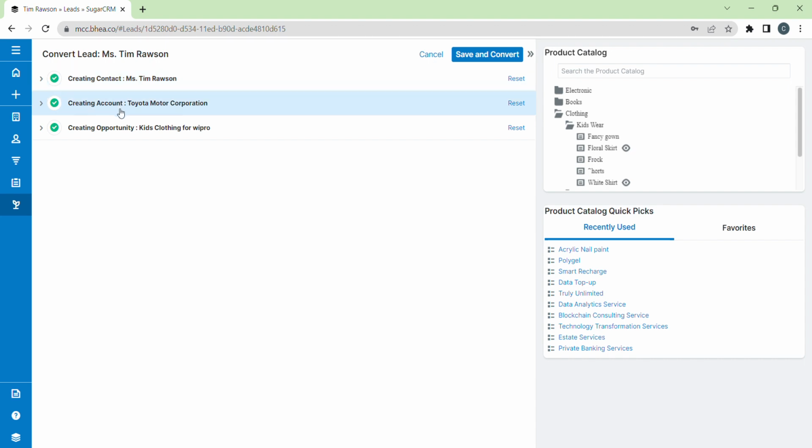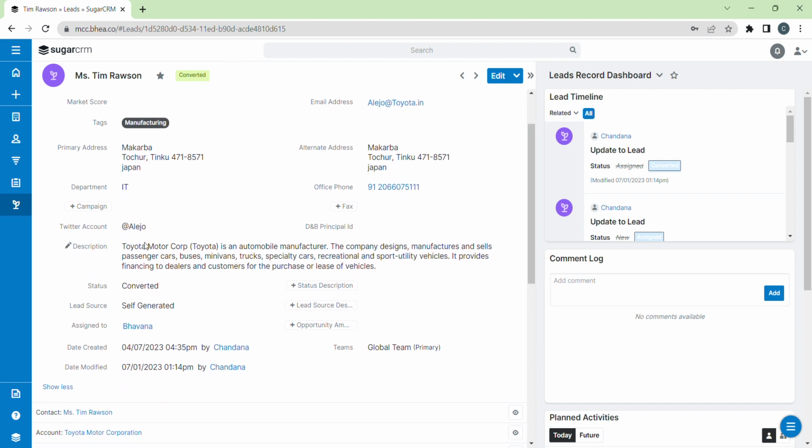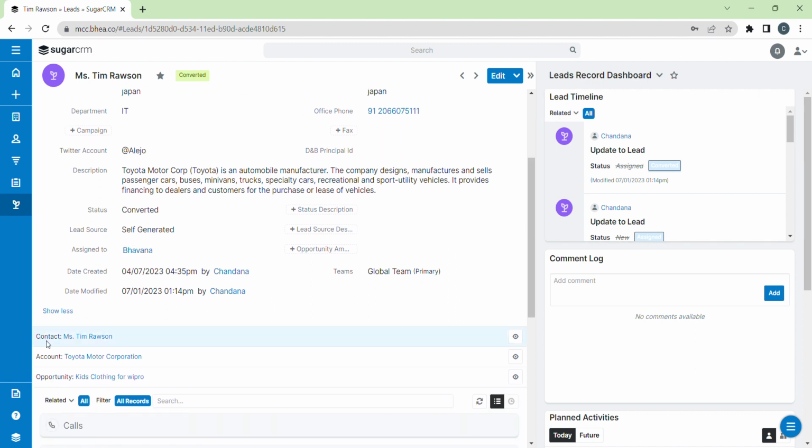Now a contact, account and opportunity have been created. Now I'll click on save and convert. Now the lead has been converted. We can see that the pill has been changed from unconverted to converted and the status has been changed to converted, and when I scroll down I can see one contact, one account and an opportunity with revenue line items have also been created. When I click on contact,